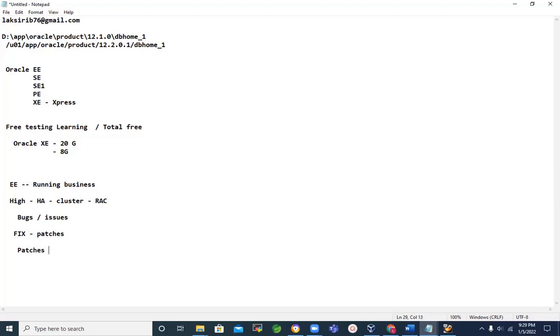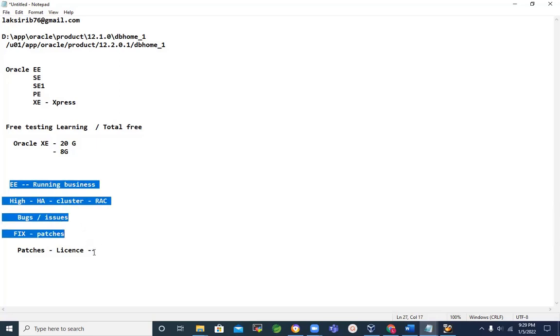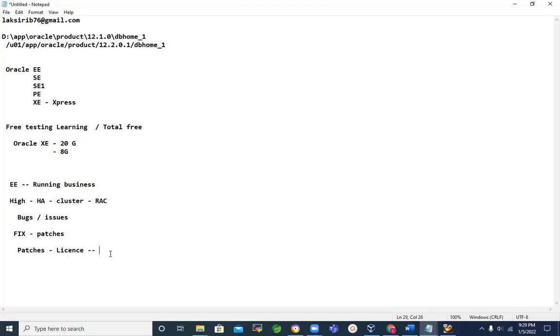If you keep on doing business with the free product, when bugs appear, you can't get the patch for free. To get the patch, you need a license. That's all. You need to license the Oracle database. Till that time, you can do it, no problem. But very soon, you need to get the license to get the patches, because these patches are downloadable from a place called